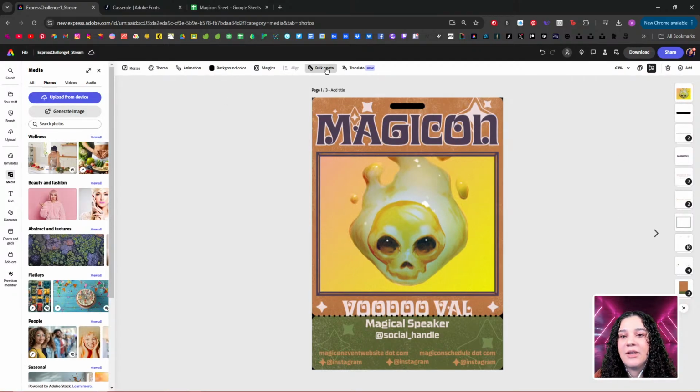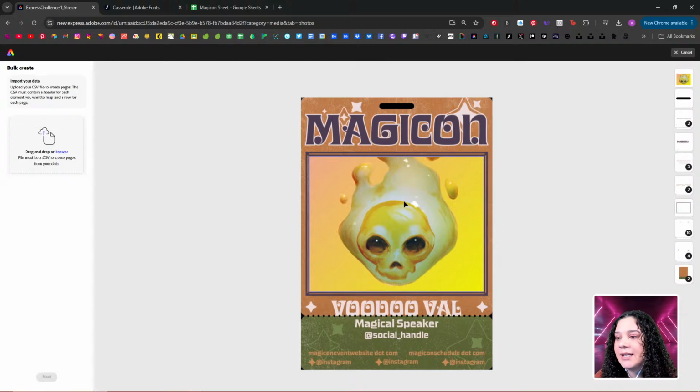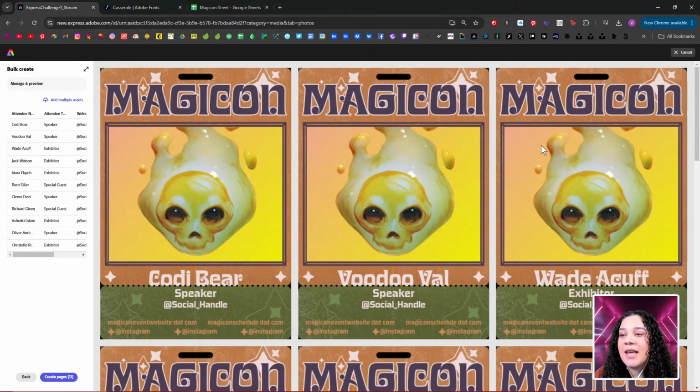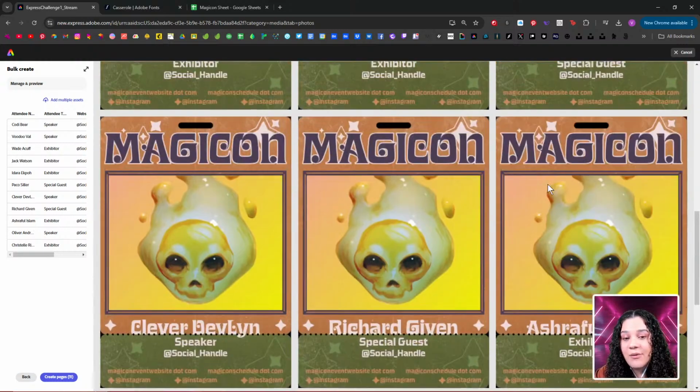So let's do it again. Let's go ahead and go bulk create. Let's drag in the same MAGICON sheet. Okay, let's go next. And you can see all of our attendee types, they're already set and everything, but we can also click our image and say connect element. Now there's nothing to connect to this because there's nothing in that CSV file that matches it. But if we go next, you can see that it's plugged in all of our stuff with the same image,